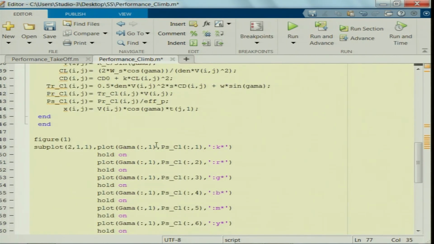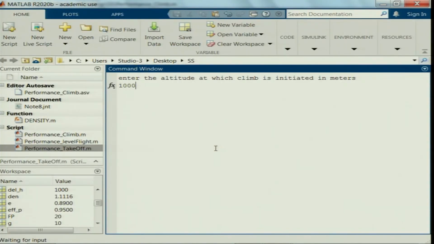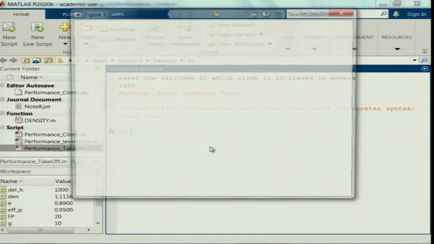gamma in degrees. So, I am plotting here in radians, right. So, let me just correct this, multiply this by, say, if I multiply this by pi by 180, sorry, 180 by pi, I will convert this into degrees, right. So, replace 2, 3, 4, 5, 6. Okay. So, done. I will run this again and see, let us hope for the proper output.